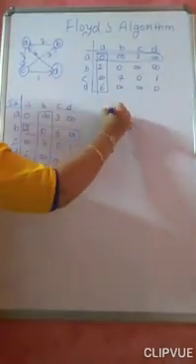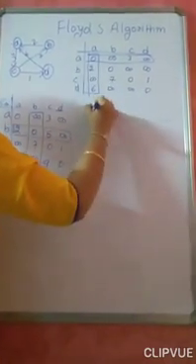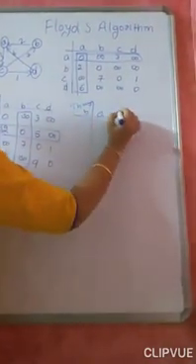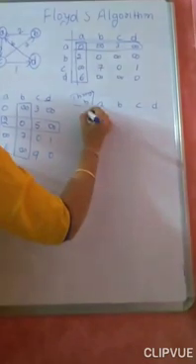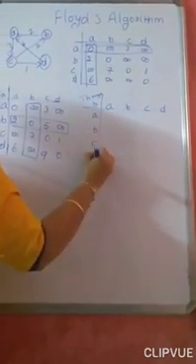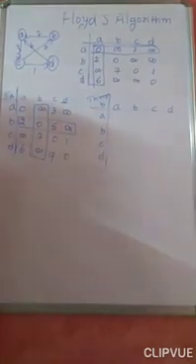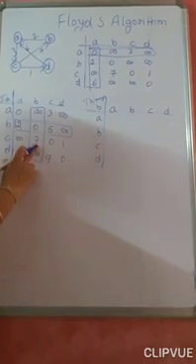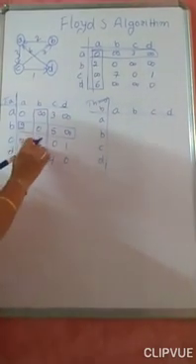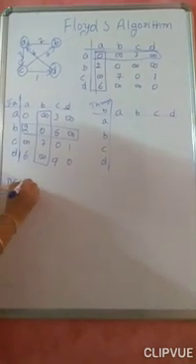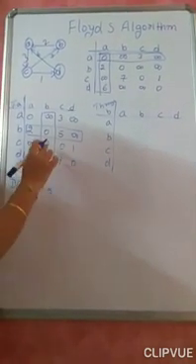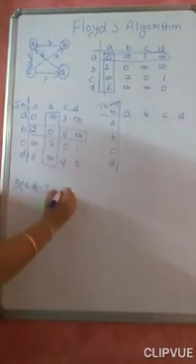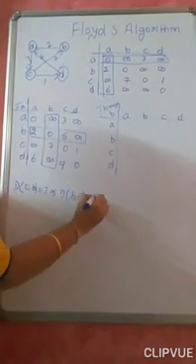Repeat the same thing. Now I am finding the value through B. How many values are there in the column? Only 7 is there. Repeat this with this and with this. So the distance from C to B is equal to 7. Repeat this with this. So this means the distance from B to A is equal to 2.